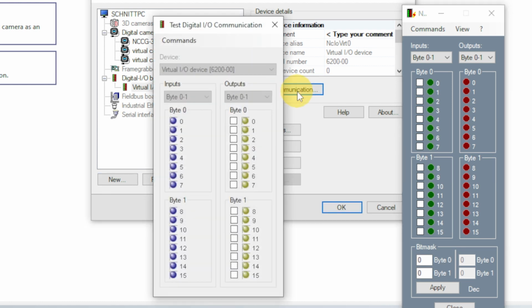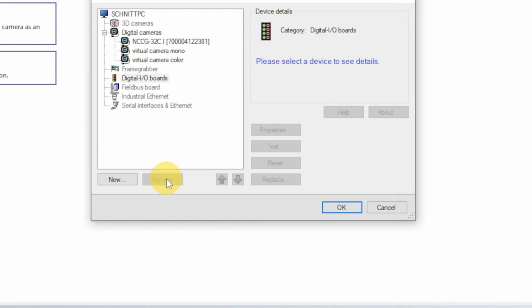Here we can activate output bits and test whether the signal arrives at our device as expected. We can also check whether inputs from the device arrive. You can learn more about process integration in another tutorial.